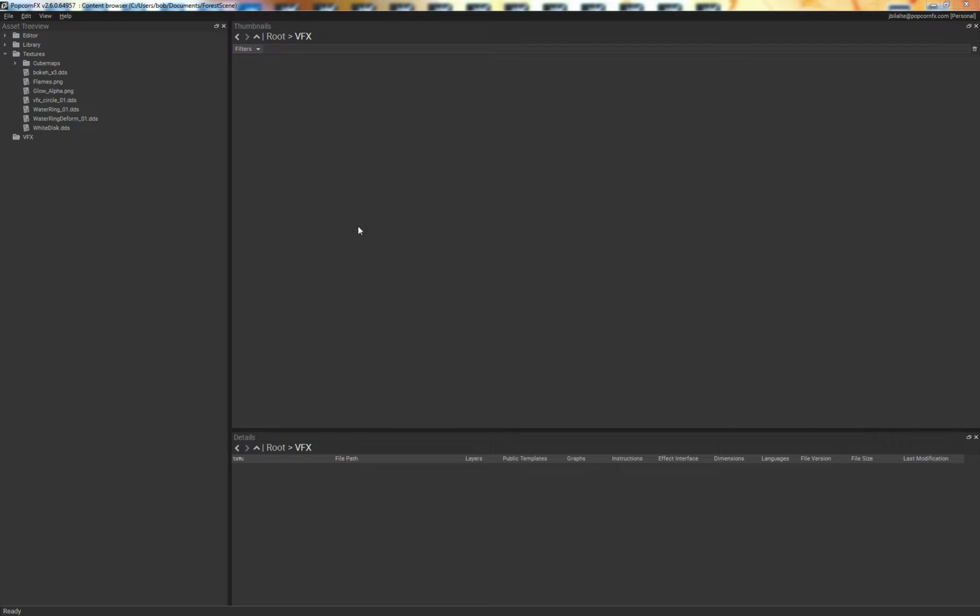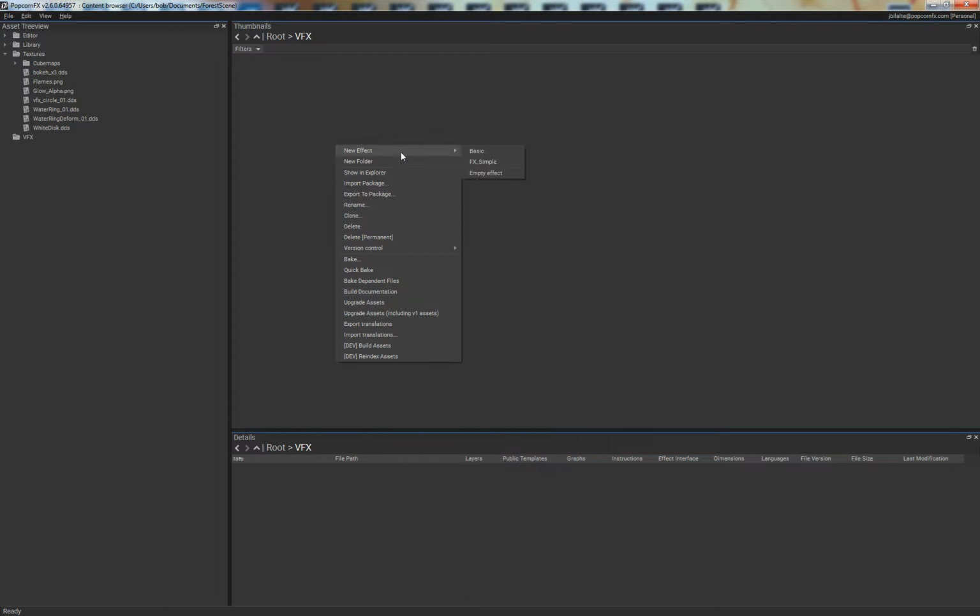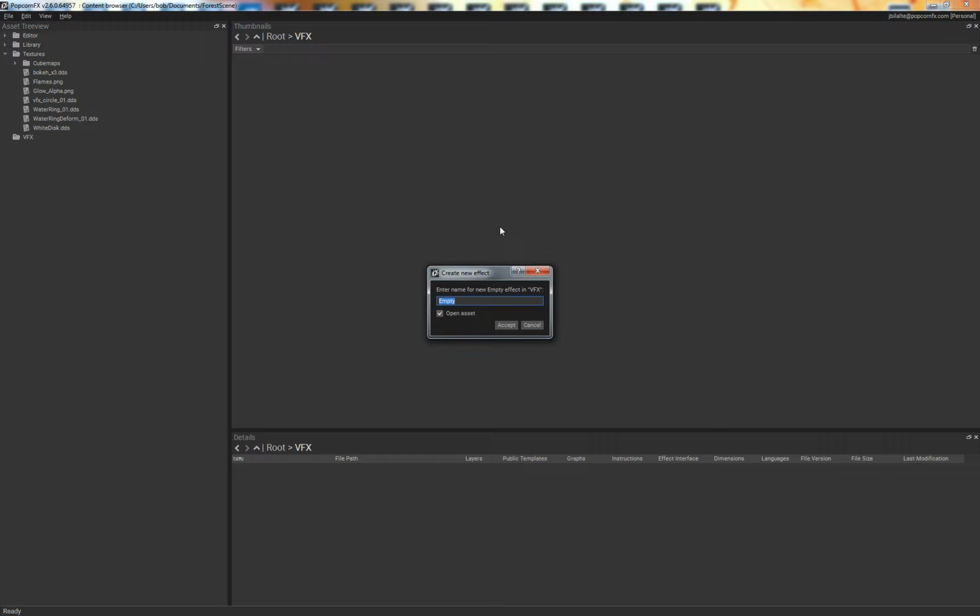Today I'm going to show you how to create a simple dust motes effect, but not the usual dust motes effect that you, say, place in your level or tile over the entire level. I want to make a dust motes effect that follows the camera and that has particles seamlessly wrapping around the view, so you have the impression of an infinite field of mote particles, but at a fraction of the cost. So I'm first going to create an empty effect